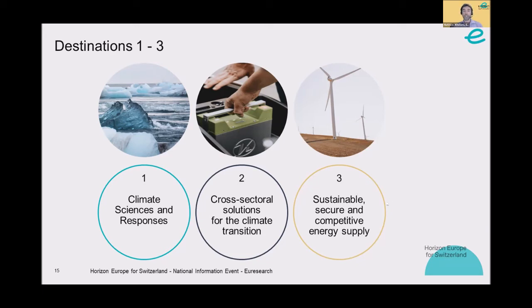Destination 3 is about energy, and specifically about energy supply. This is a very big destination, a very big subsection of this Cluster 5. And it covers all the renewable energy systems. Of course, things like wind and photovoltaics play a big role, but there's really all sorts of renewable energy systems, even the most exotic ones are covered here. Not only energy production, but also distribution, storage is covered here. So grid, it's about production and it's about grid.